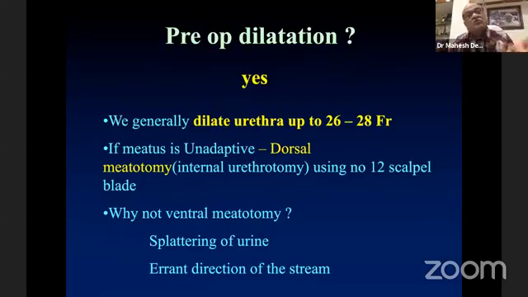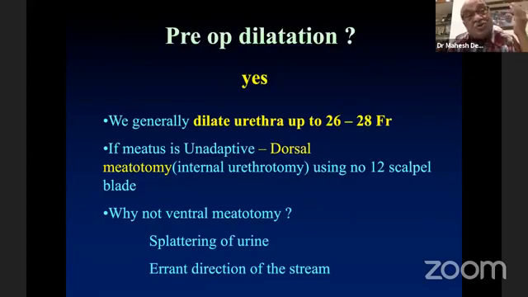Then I put lots of jelly and examine through the scope, which is an 18 or 19 French, and then look at the urethra, and then I dilate the urethra up to 26 or 28. That has significantly reduced the stricture. And intermittently I put jelly so that there is no hot spot on the urethra, so stricture formation is not there. And at the end of the surgery, I do a bladder neck incision so that the stenosis part